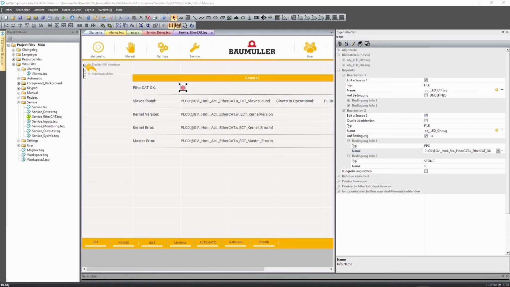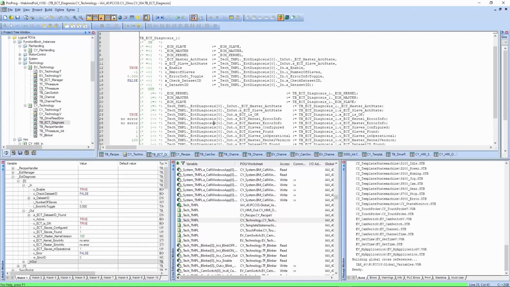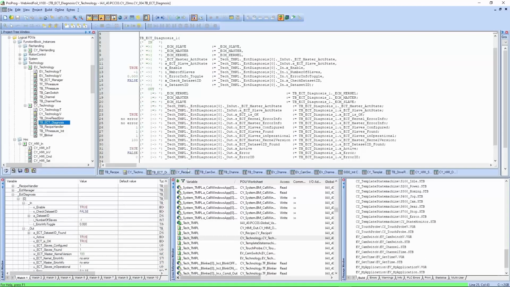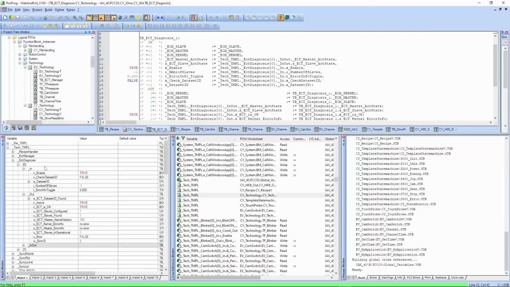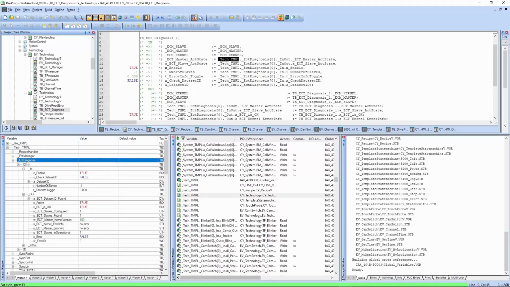If we take a look at the PLC project, we have the TB-ECT diagnosis in function block instances, technology, cyclic technology, and TB-ECT diagnosis. It's quite a big function block, so you can see more details also in the watch window. If you take the tech template struct in the watch window and you go to EtherCAT diagnosis struct,